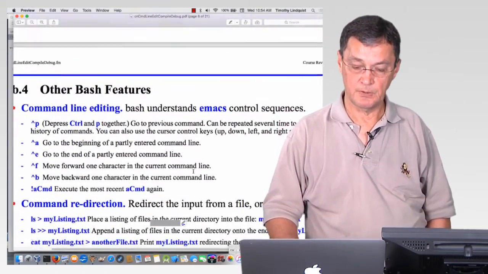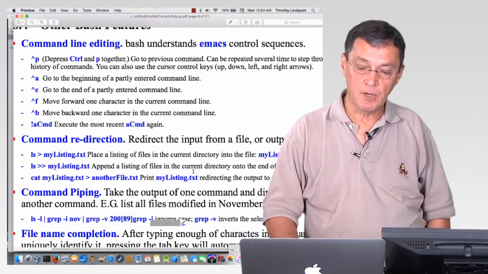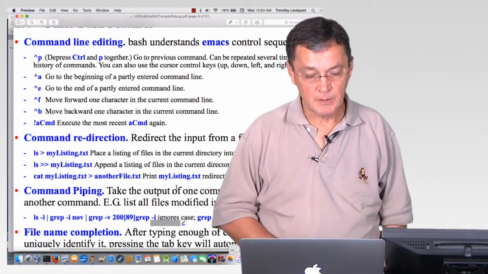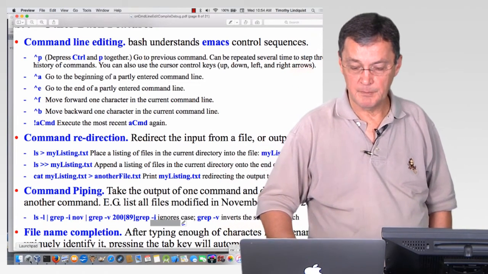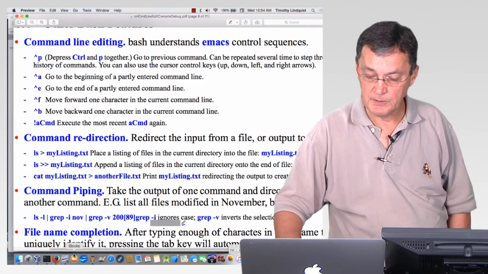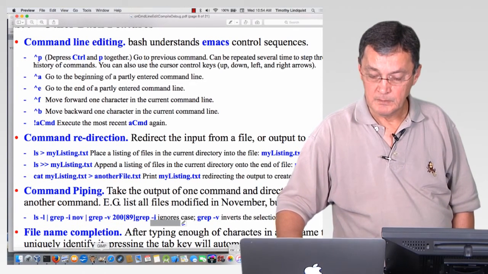So there are some other things that are simplifications for working from the command line. And one of them is command line editing. So let's go back to